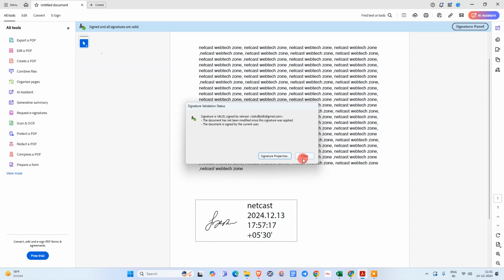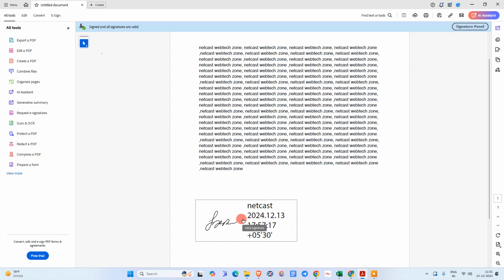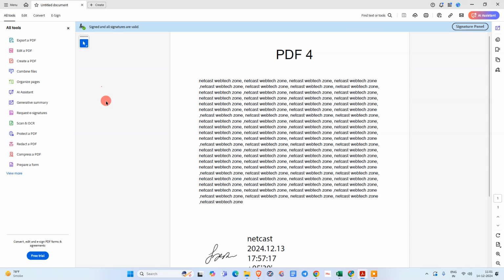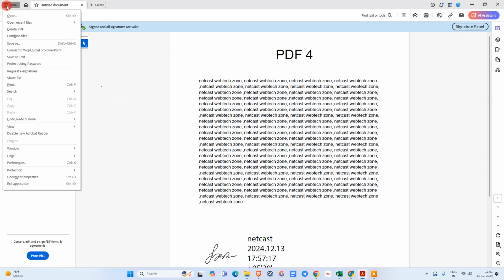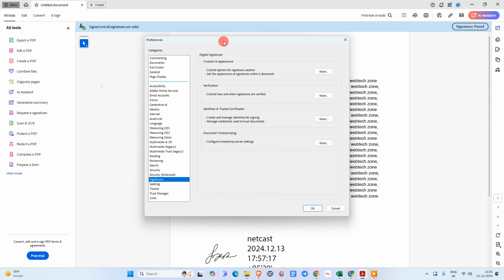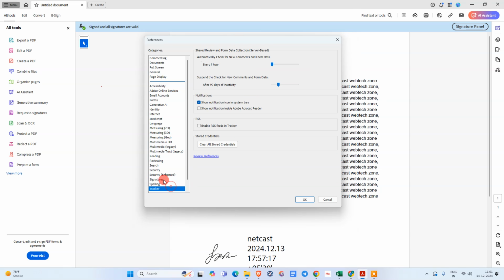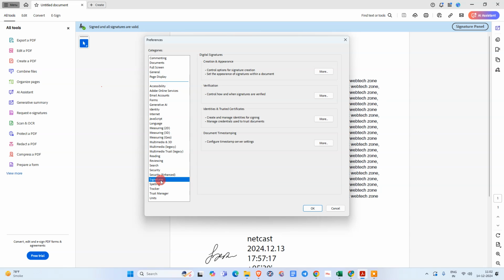So here you can see I have already inserted this signature with date and time. Okay, so how can you do this? Just go to the menu and go to the preference here. Okay, and under the signature you need to click on signature here, and first we need to create identities